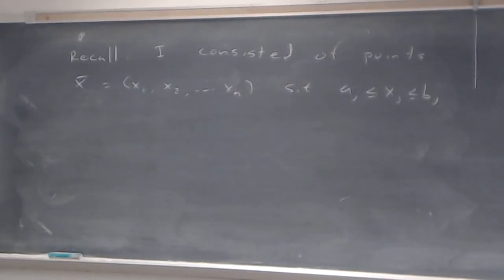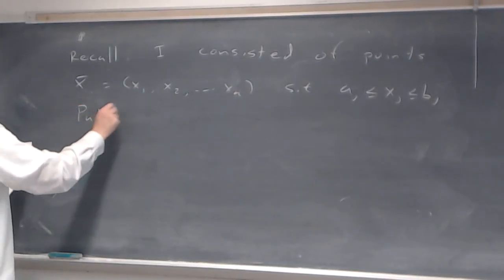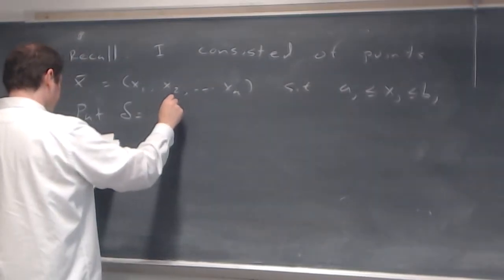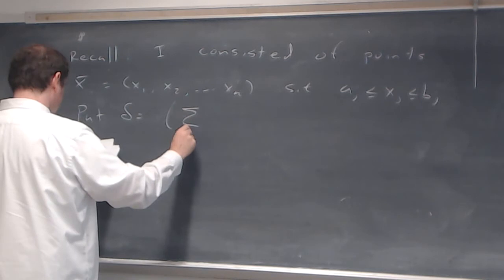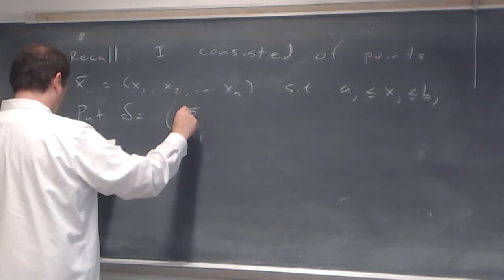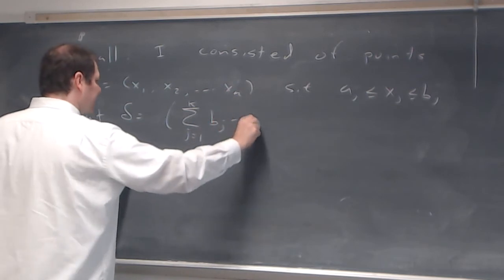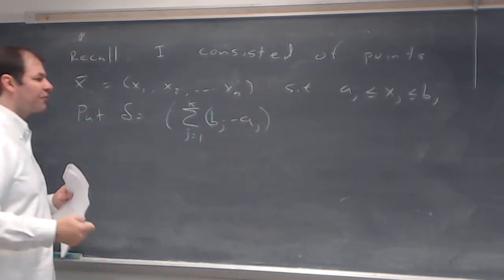So a sub j and b sub j are real numbers. Now what we're going to do is we look at this delta. It's going to be a positive number, the sum as j runs from 1 to k of b sub j minus a sub j,